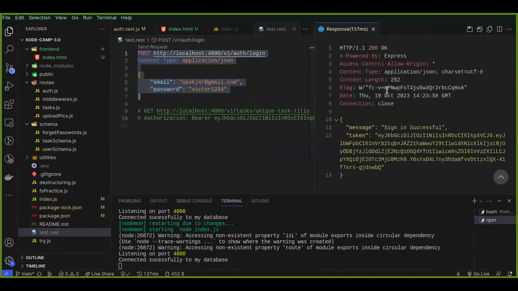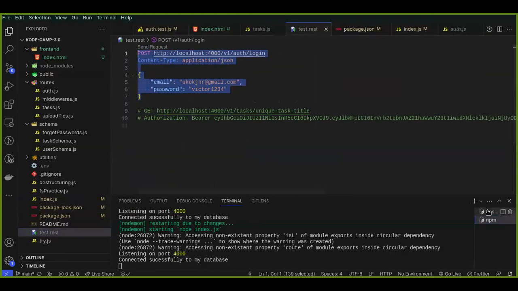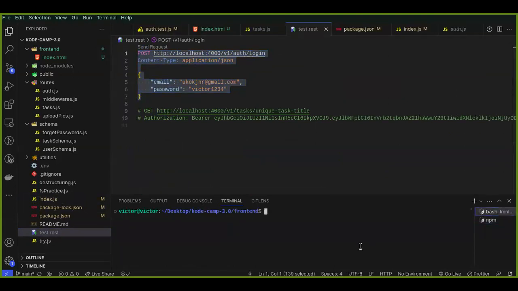Yeah, it logs in successfully, right? But I can't see any log here, which is not cool. Now, I want to see the log of whatever is happening on my back end. So what I'll do is I'll